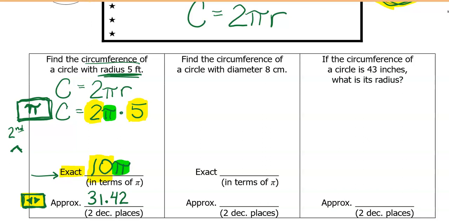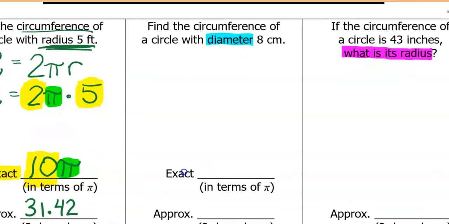For the next couple of problems, make sure you're reading them carefully. Circumference of a circle with a given diameter. And then over here, I didn't even tell you what the radius was. So if you want to pause me and see what you can do with those on your own, please feel free, but I'm going to keep on going with these. So to find the circumference given diameter,